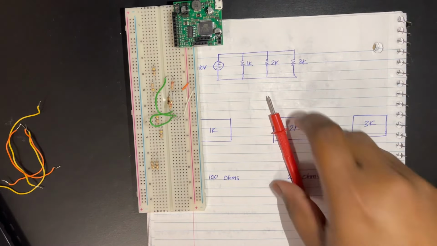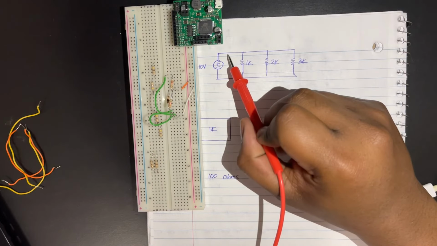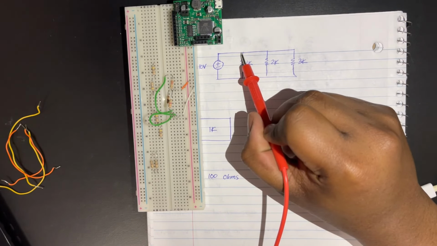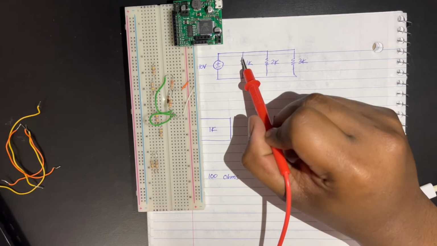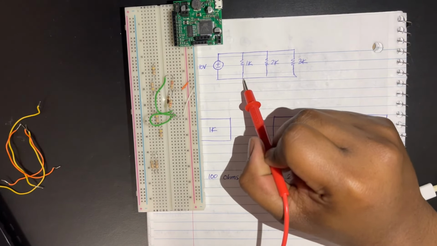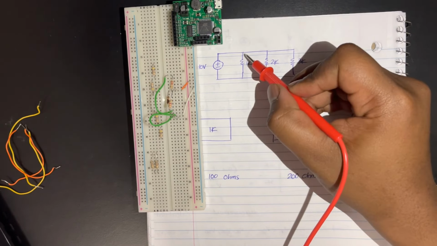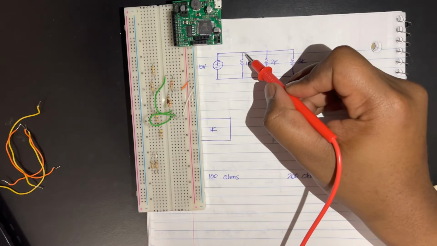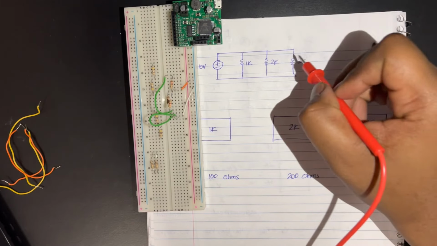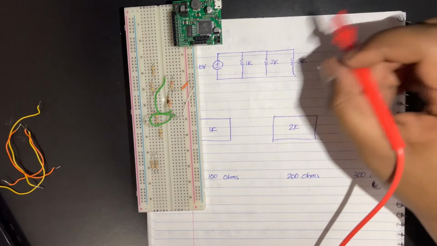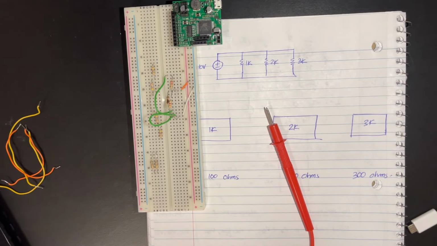Now we have to first verify Kirchhoff's current law, right? That means that at this node, the amount of current entering has to be equal to the amount of current that is exiting. So I will measure what's the current exiting from here, coming over here, what's the current going over here, similarly what's the current going over here, and what's the current going over here. So if you remember, in order to measure